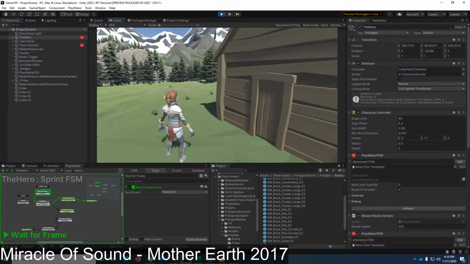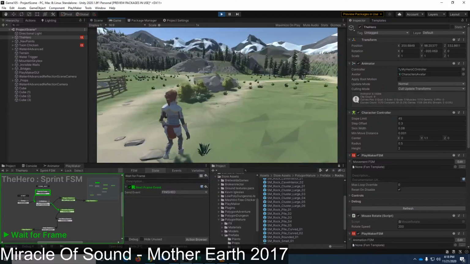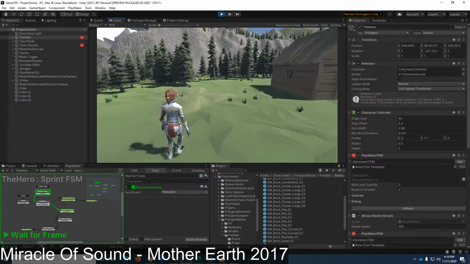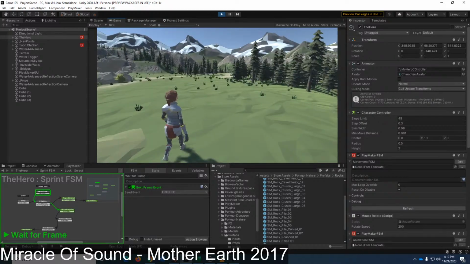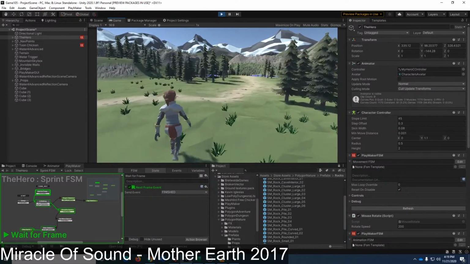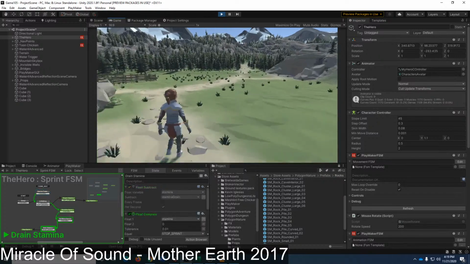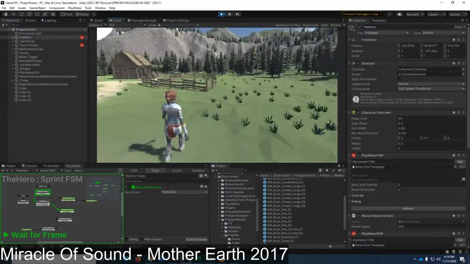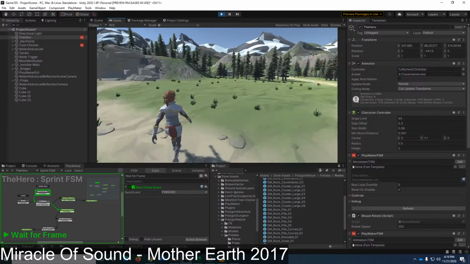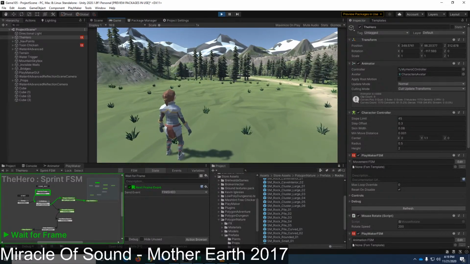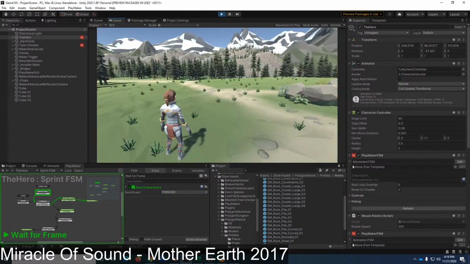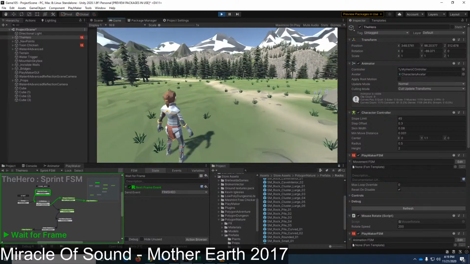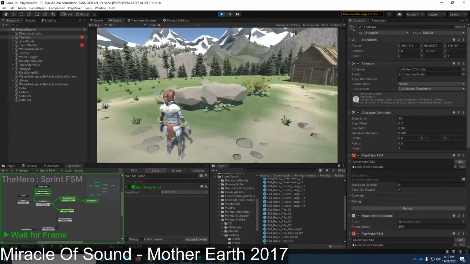Well, that at least looks like it is supposed to. So it is correctly detecting that I am walking, so I am no longer regenerating stamina. Pressing shift made me sprint. Releasing shift made me stop. I stop walking. Okay, now I'm regenerating. I should be fully regenerated, so I should be able to sprint for 5 seconds.